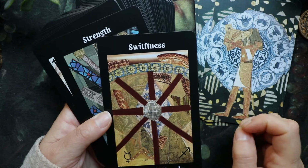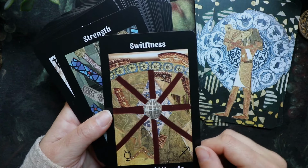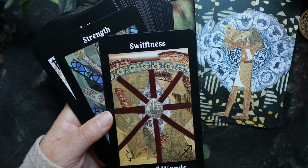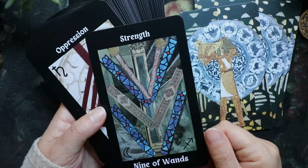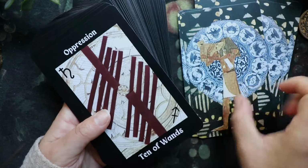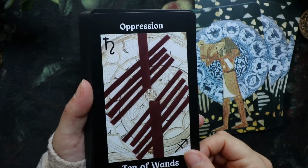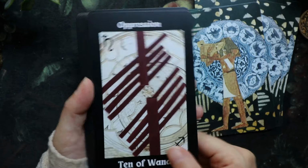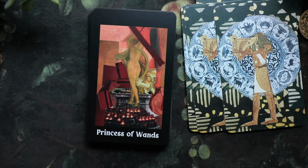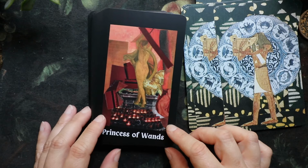Swiftness. Oh, I like it. Good choice with that in the middle. And the ones radiating outward. Mercury and Sag. Nine of Wands. Strength. Moon and Sag. Yeah. And then our oppression. Saturn and Sag. Or the Ten. Sorry, I'll put these down. Okay, our quartz. Let's see. Ooh, that's beautiful. Oh my gosh, look at that. The little altar. Or the...